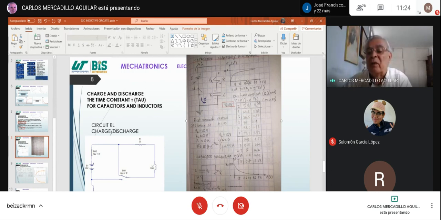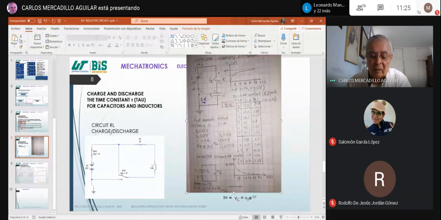If you want the percentage value like here, it still has to be subtracted from 1. And change sign, it will give us 0.993. We multiply by 100, we have the percentage. Before we multiply by 100, we multiply 0.993 times 12 volts equals 11.92